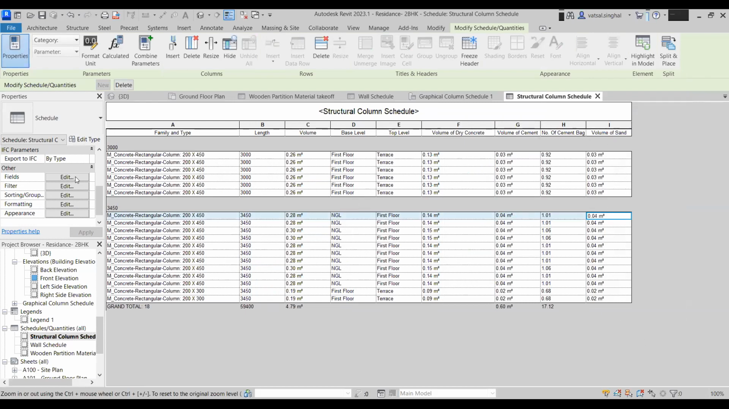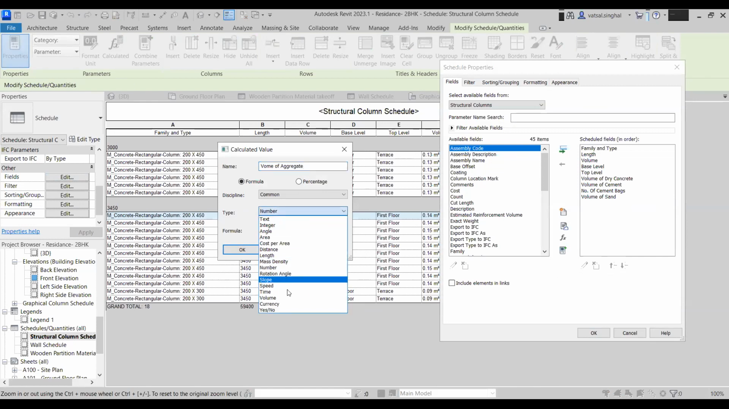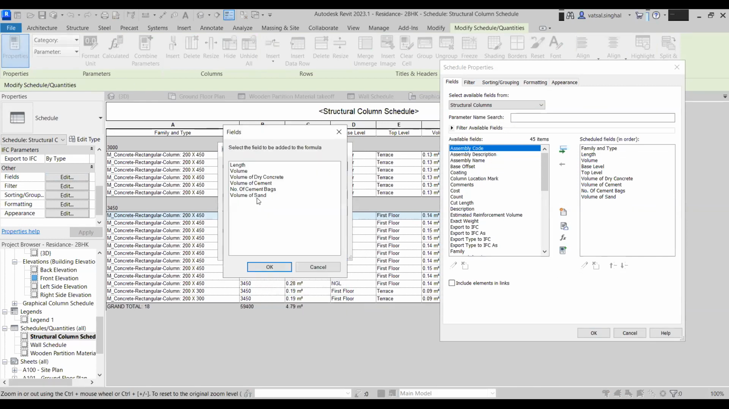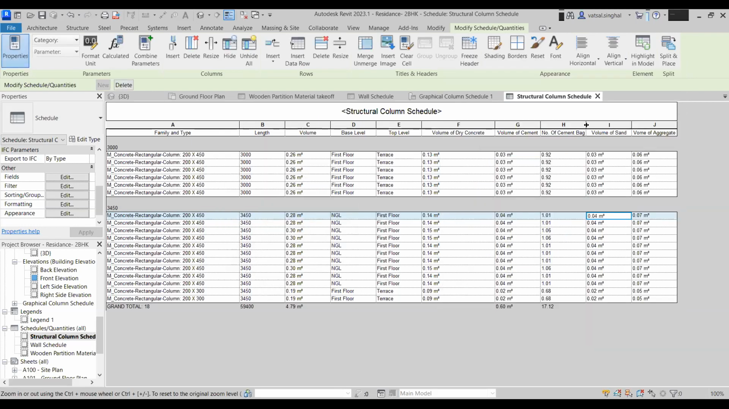Again, if you want to calculate the volume of aggregate, that also can be done. Again, you can create a formula. I'll take the volume of dry concrete and I'll multiply it by 0.5, since this 50% is the aggregate. So I'll just do 0.5 and I'll do OK. So now this is the volume of aggregate, volume of sand, volume of cement, and also you've got the number